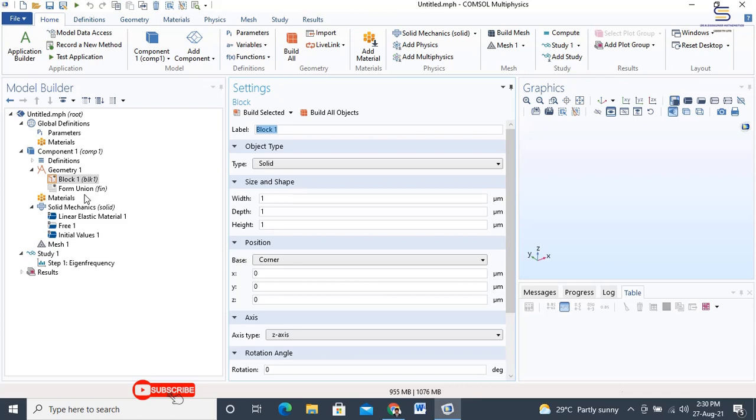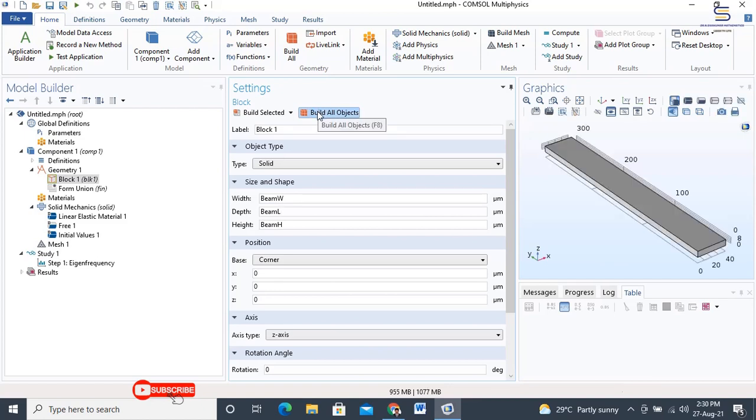In the block, go to the sizes section and change the width, depth and height as beam W, beam H and beam L. Click on build all objects.